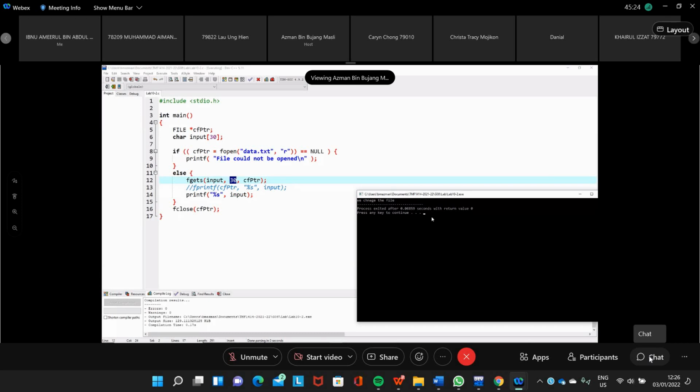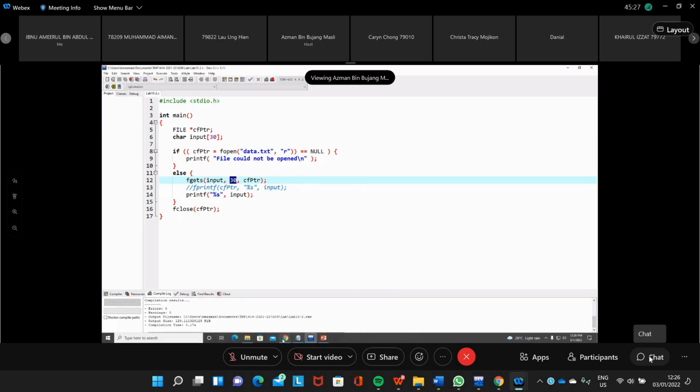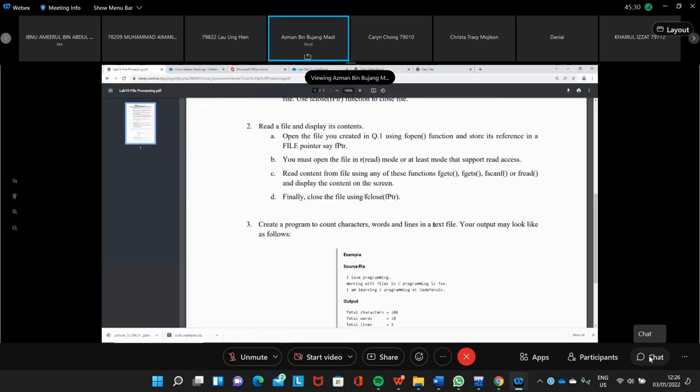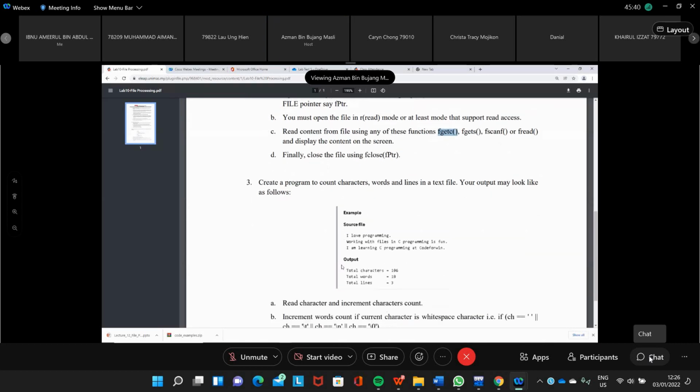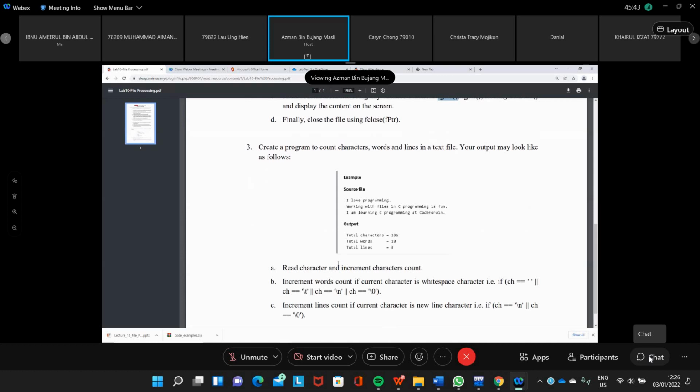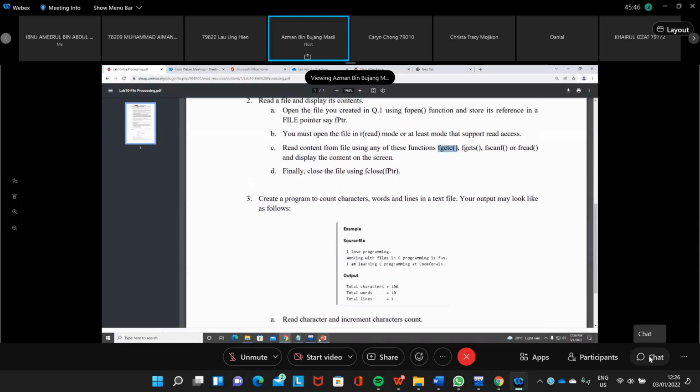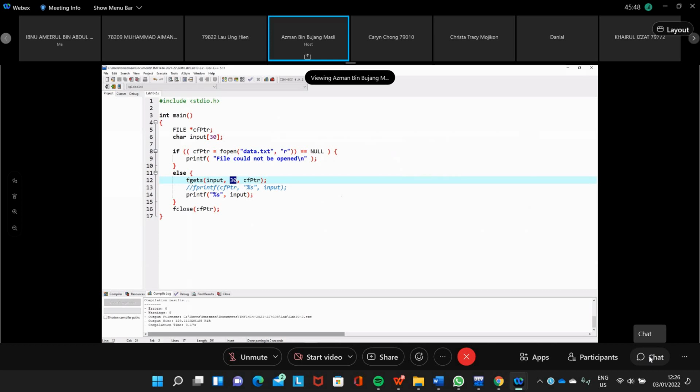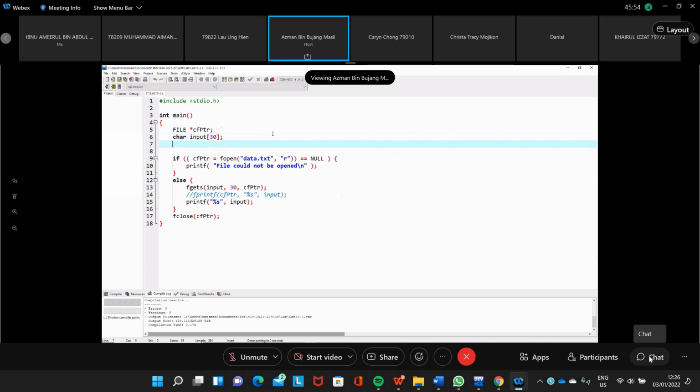So that is number 2, isn't it? For get string, or you can use this get character. Get character is a bit different. And then create a program to count characters, words, and lines in a text file. If you change this to get character, you need to declare a character here. We read a character from the file.